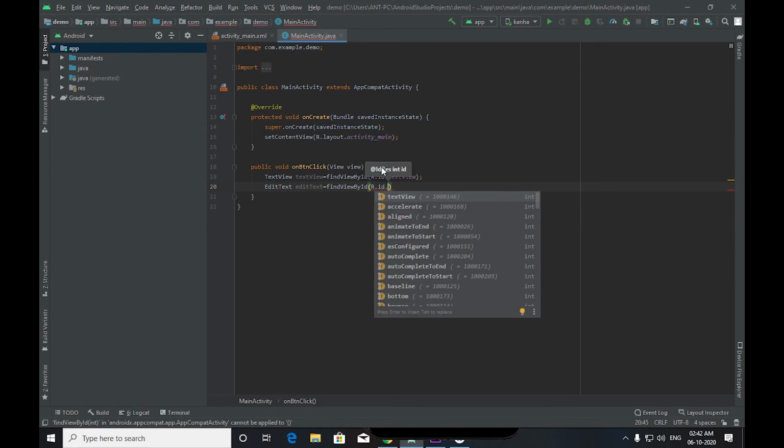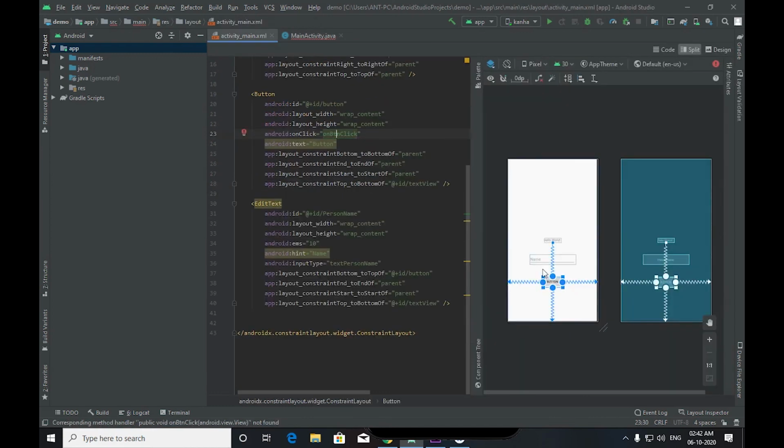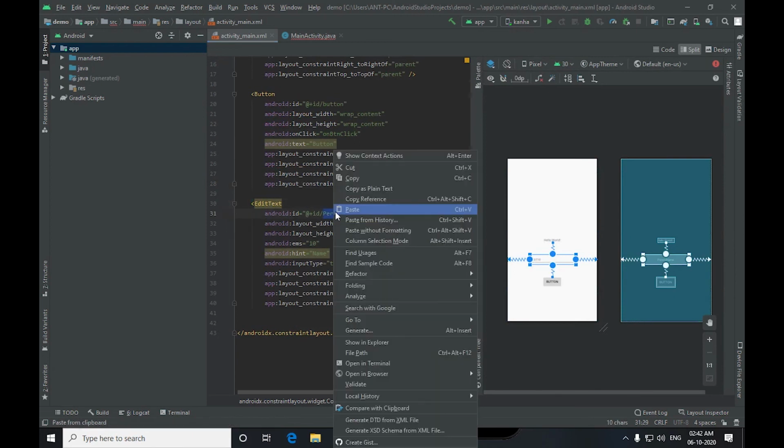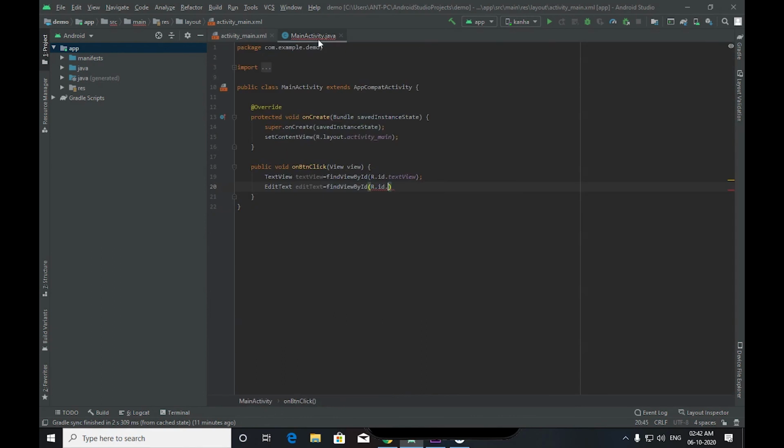Edit text as well, you can take any variable name, findViewById, R.id. and our id that we have written here. You can see we also wrote these ids on our front end. We are taking these ids on our backend.